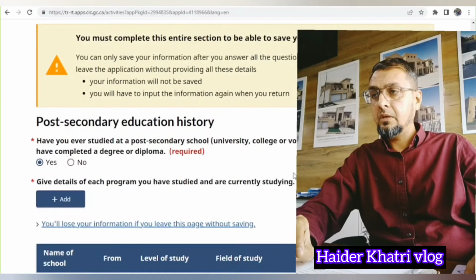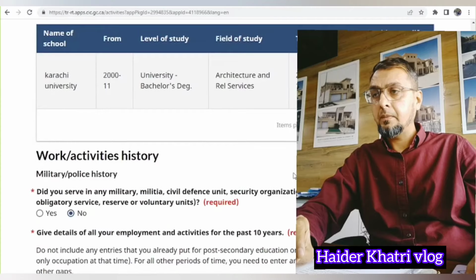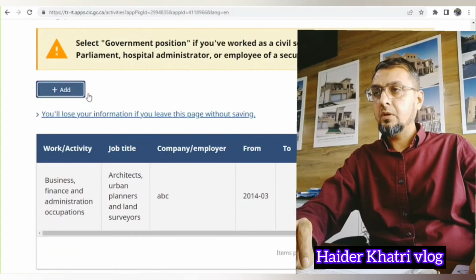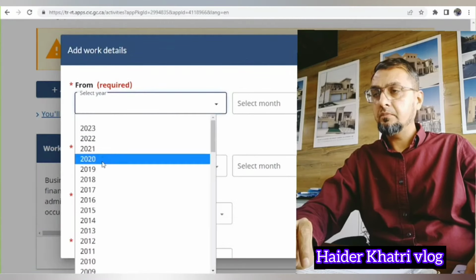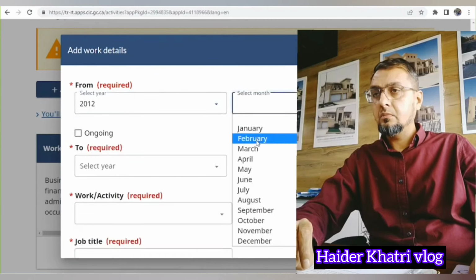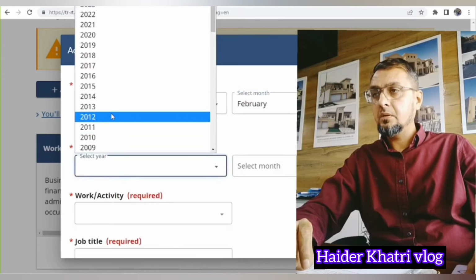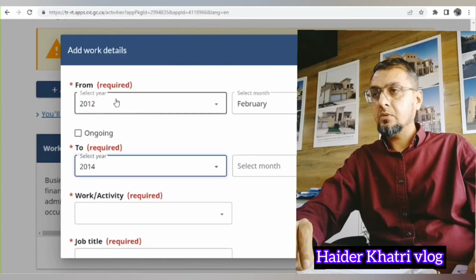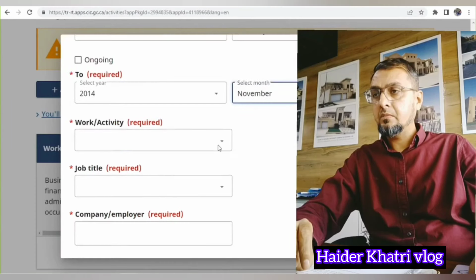Maybe I missed something, so here we will add some more experience. From February 2012 to December 2014.